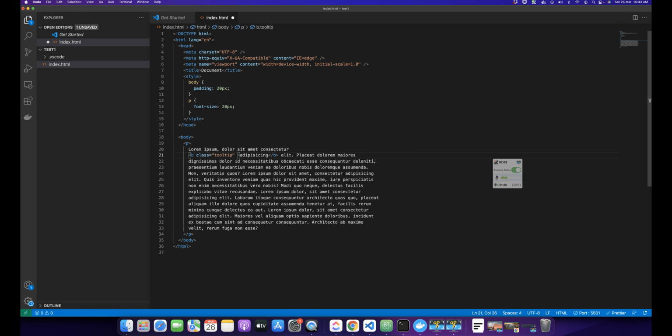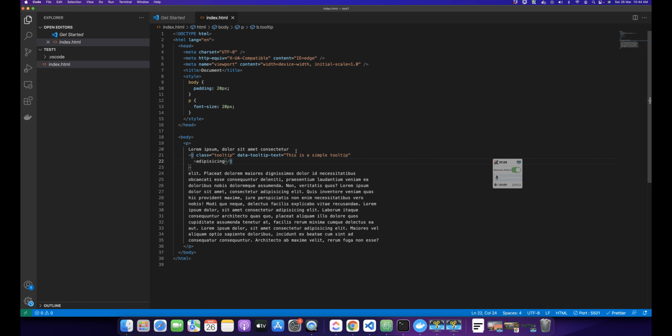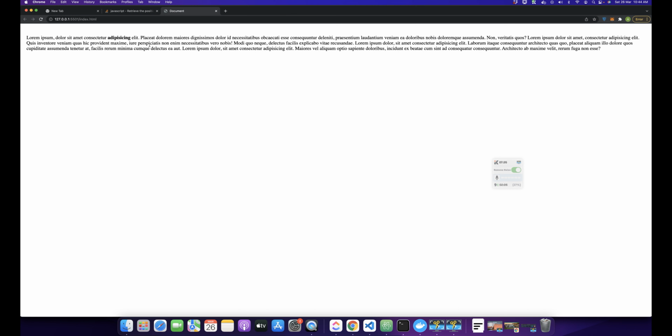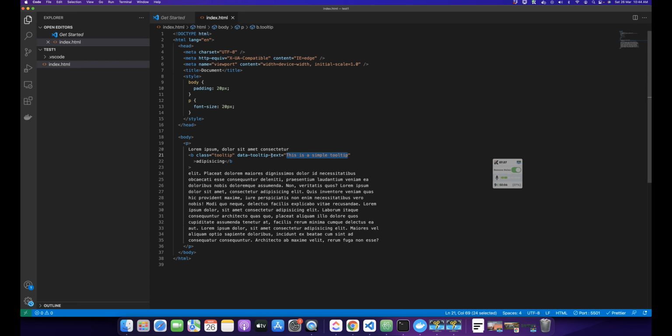I also want to provide the text for that tooltip. For that, I can use another attribute, data-tooltip-text. You can use any name for this attribute; I just use this for adding a text. So I would add the content here: This is a simple tooltip. Whenever the user hovers the mouse over this text, we will show a tooltip that would have this content in it. Right now it is not working at all,